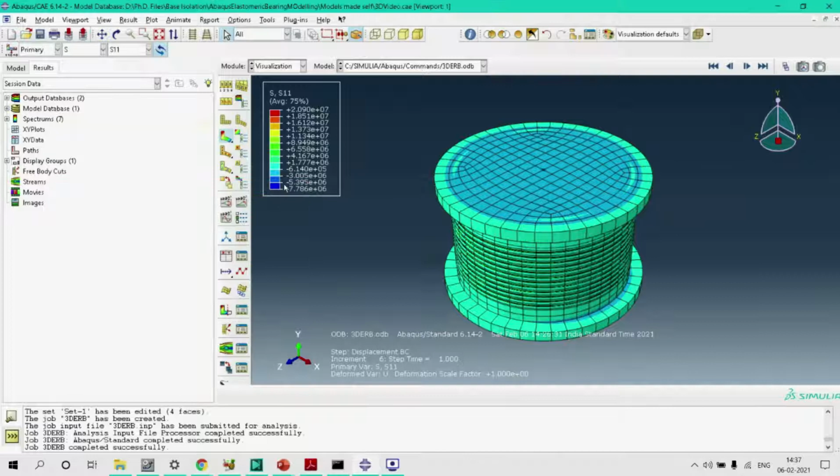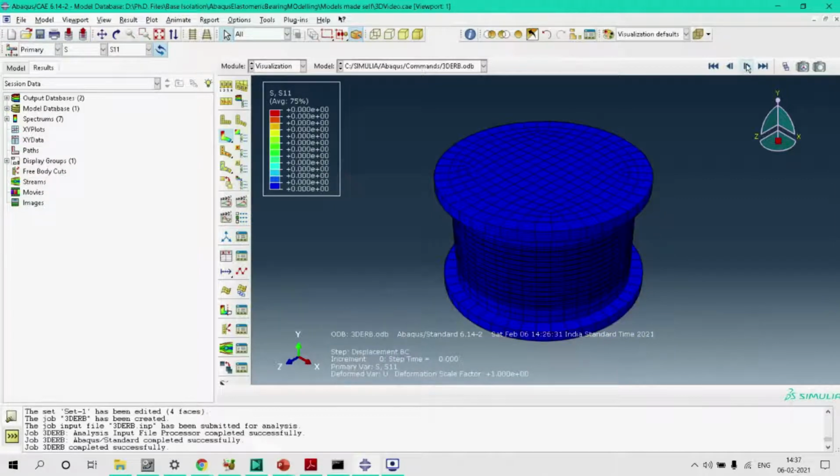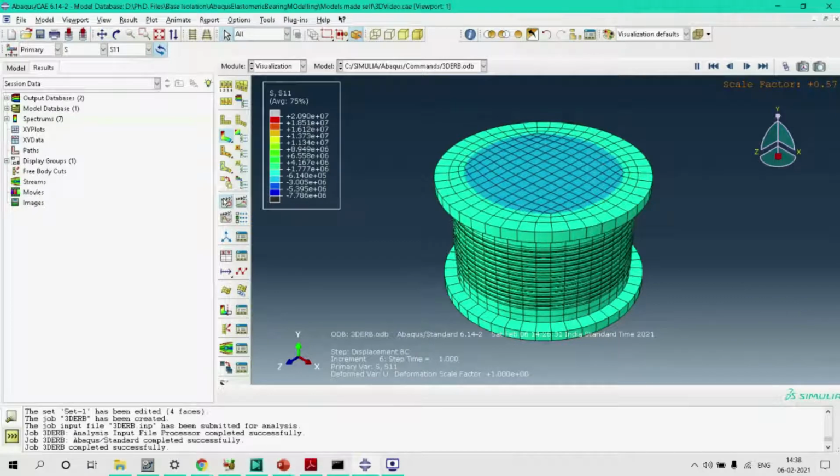So we can see that as the load increases, the normal stress is also increasing. Or we can just play the animation over here. We can see that as the time step increases, that is as the amount of displacement increases with time, our rubber bearing is getting compressed.